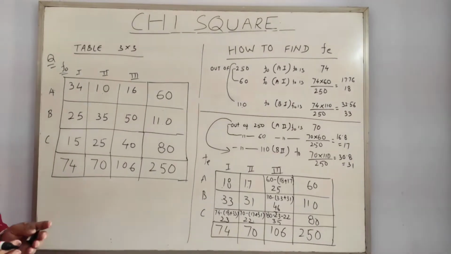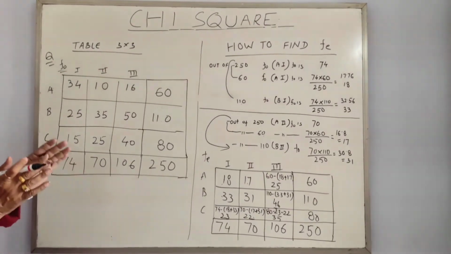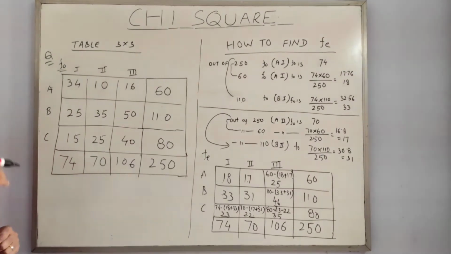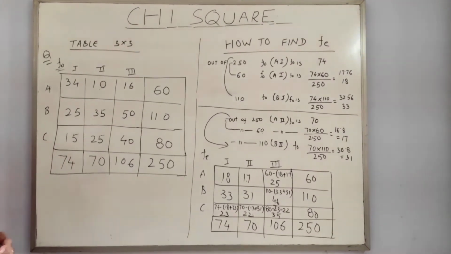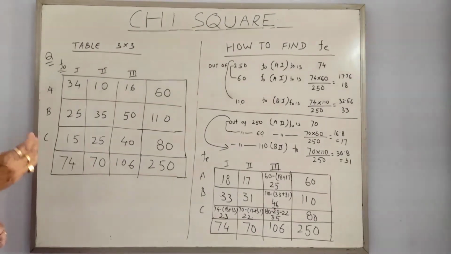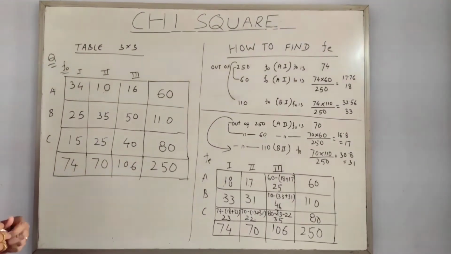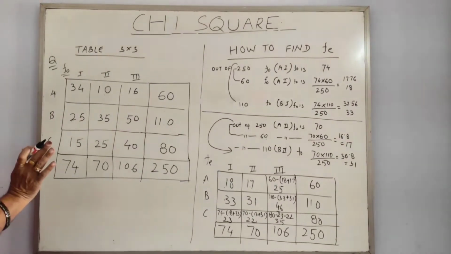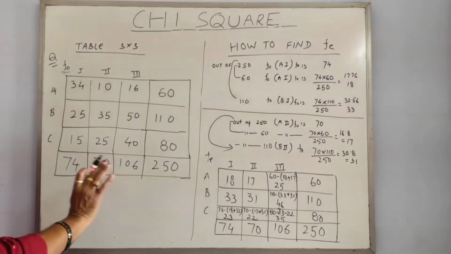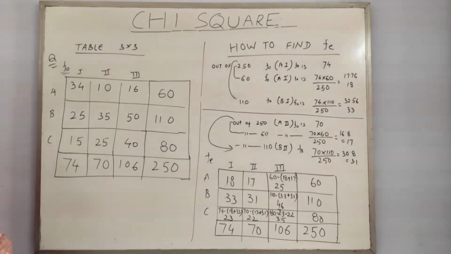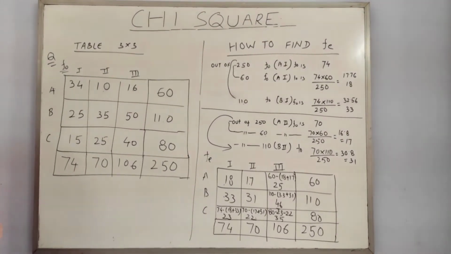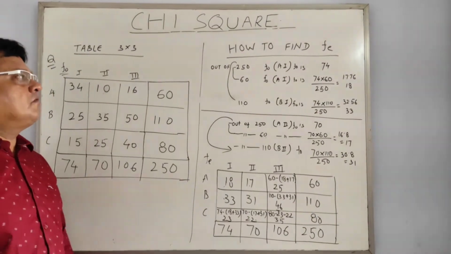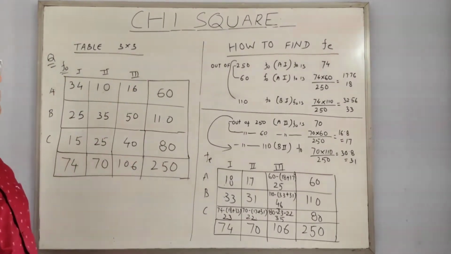You will be making questions like I had already told you in the first part: FO minus FE, then square of that, and then divided by FE, and then we will be taking the summation value, and it will be compared with the critical value or table value. This is how, as you are making a 2 by 2 table, you will be making it in a 3 by 3 table. Now in the next topic we will be coming to straight questions also. Then again I will be making one more complete question for you in the straight. So it will be enough for you.